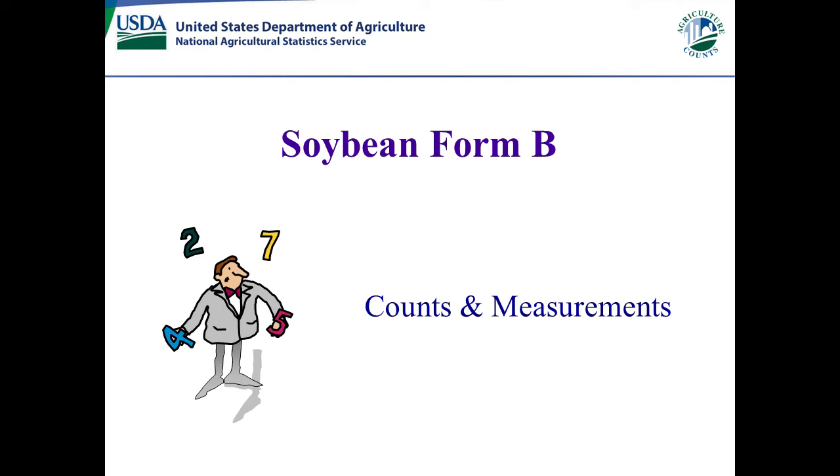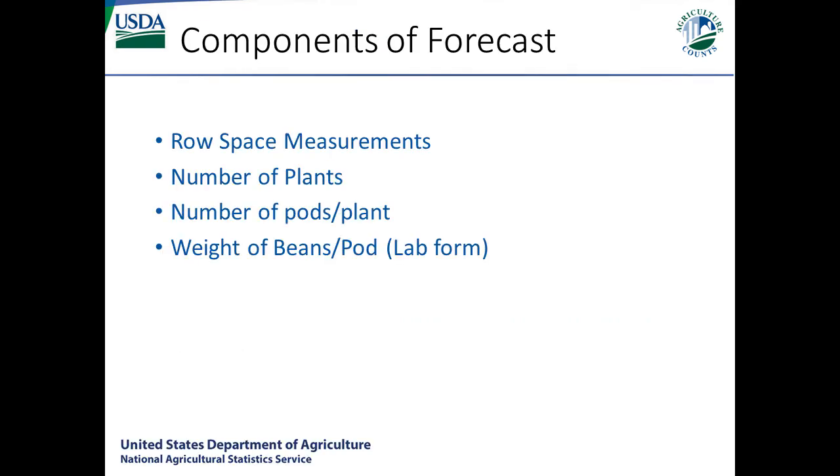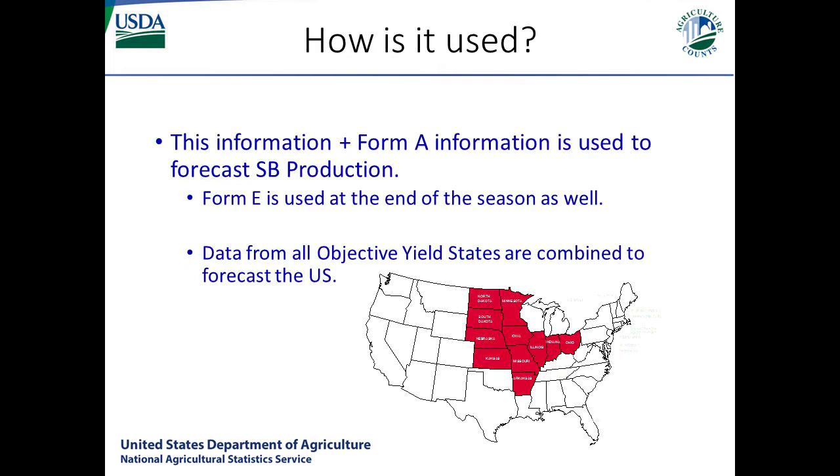This presentation will cover the purpose of Soybean Form B and the items on the Form B. The Soybean Form B is used to collect various components used to forecast soybean yield. The data collected in the Soybean Objective Yield Survey is used to forecast soybean production in the major soybean producing